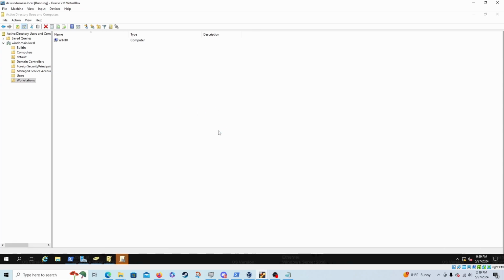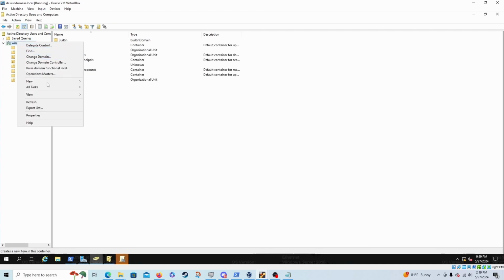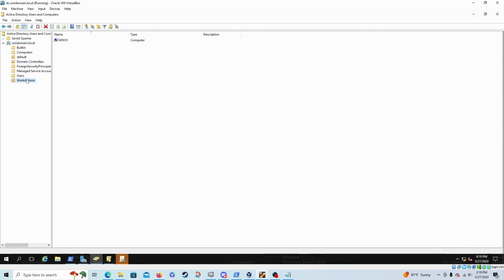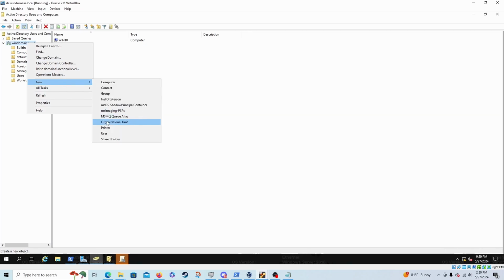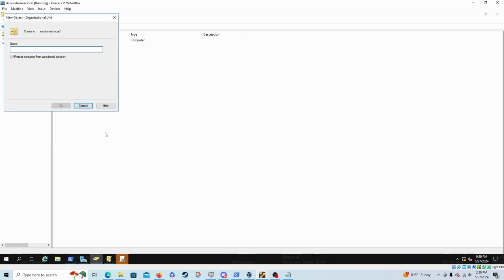And we'll just create a new Active Directory OU, and we'll put one under workstations. So we're gonna go here, type organizational unit, and then we'll just type one called